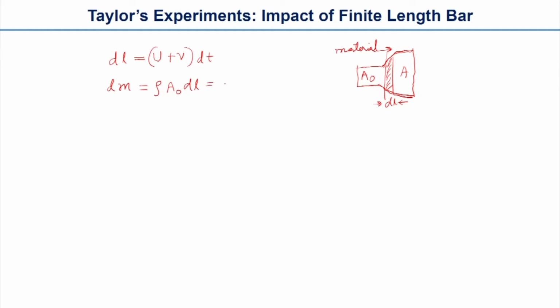So this is equal to rho A naught (U plus small v) dt. So, dl we found as U plus v. Let us assume that this is the interface. Now from Newton's second law,